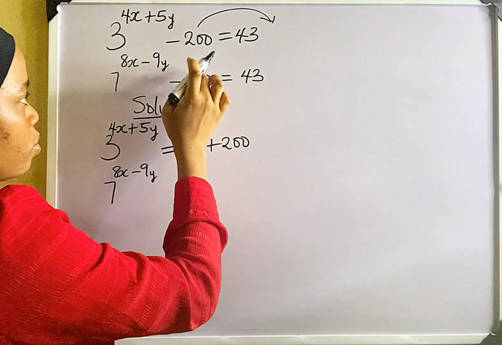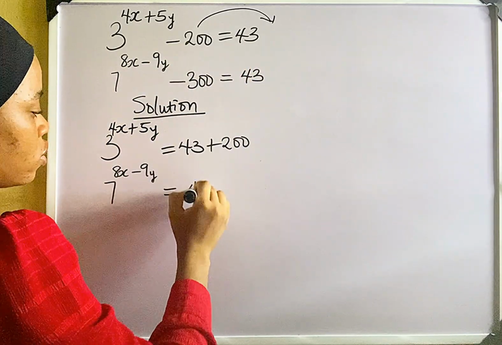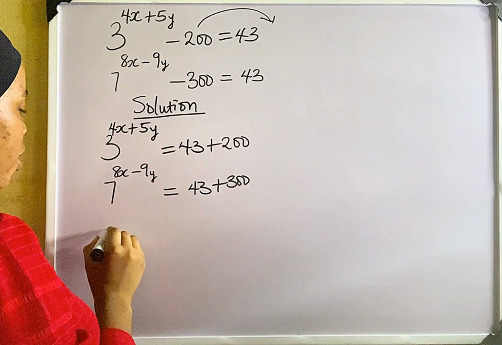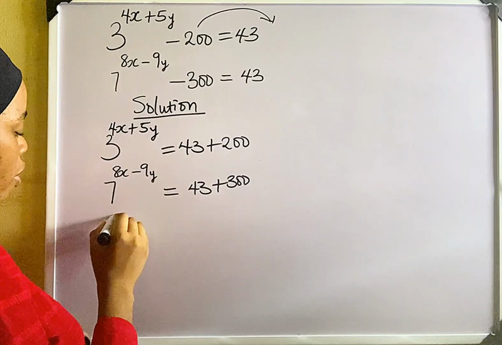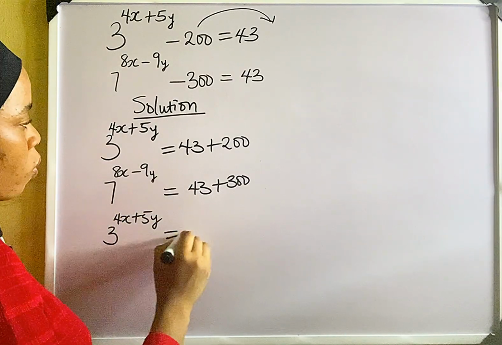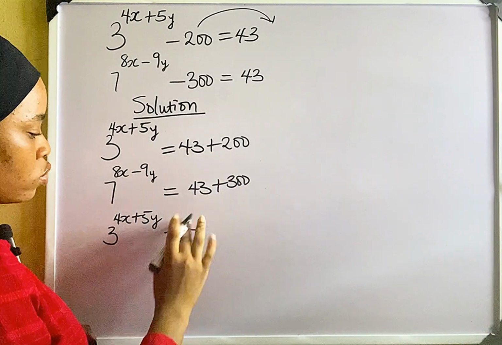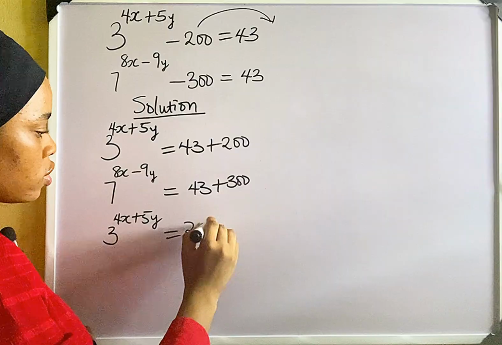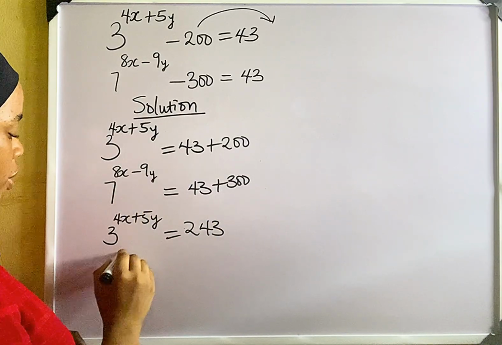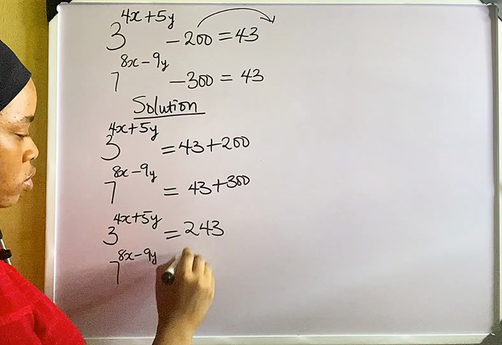Same thing happens here, minus 300 crosses over, so it becomes 43 plus 300. And we have 3 raised to the power of 4x plus 5y equals 43 plus 200, that gives us 243. And then we have 7 raised to the power of 8x minus 9y equals